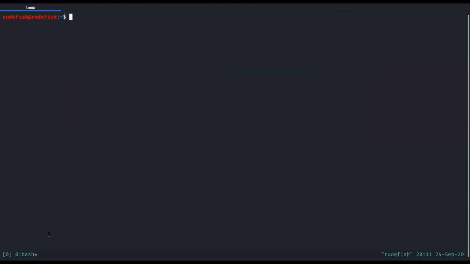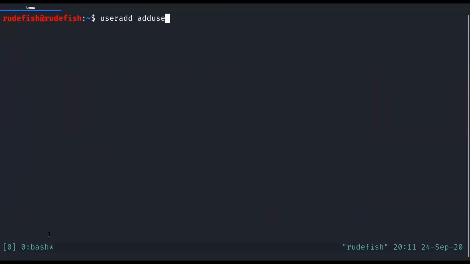So let's talk about the difference between useradd and adduser. Let's say you want to create a single user. You can just use the adduser command because it's just a single user and you can just enter the user's password immediately and enter their details and that's all. But if you need to enter a list of users, it's more advisable to use the useradd command because